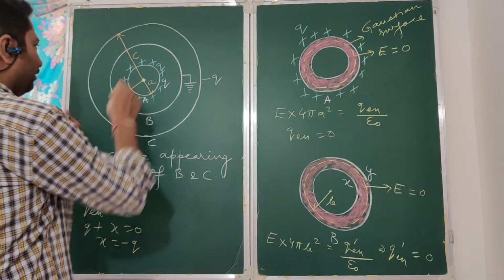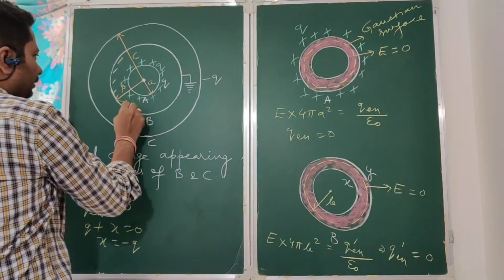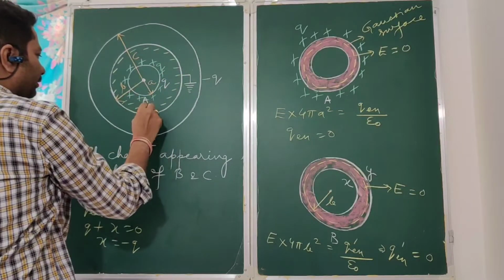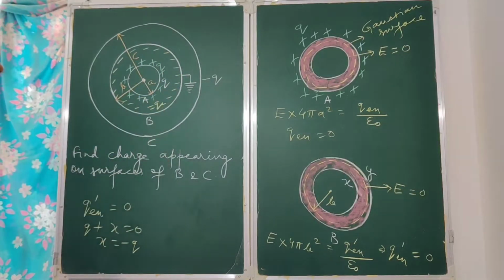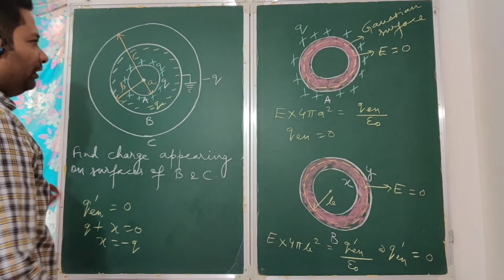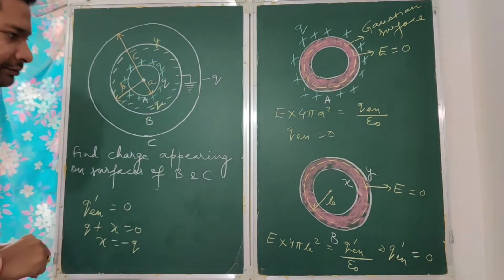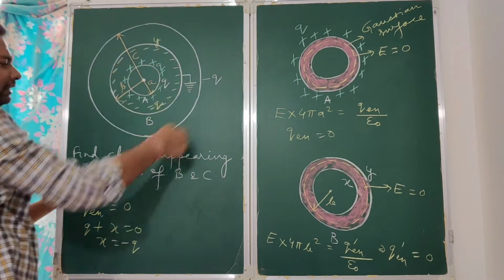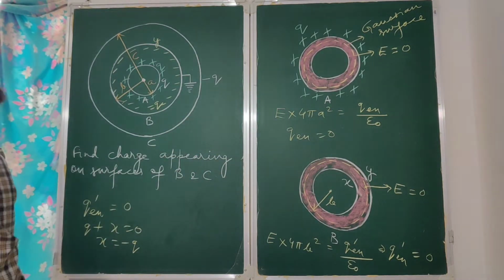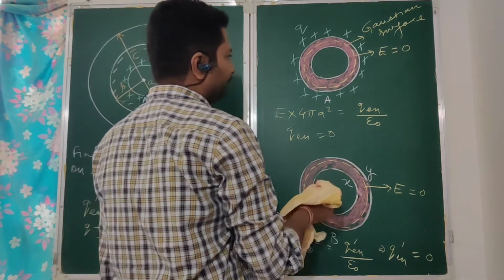So that means on the inner surface of B, how much charge is distributed? You are having minus charge distributed, and that charge is how much? Minus of Q. On the outer surface we don't know, we have put it as y. So let it be y. Now let us talk about C. So I will erase this part and we will try to see what is going to happen in part C.